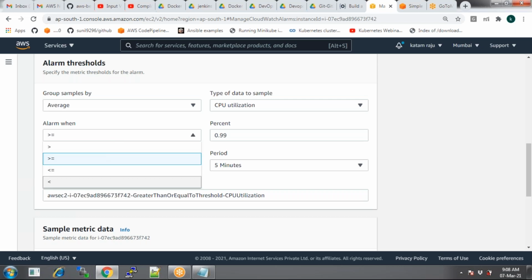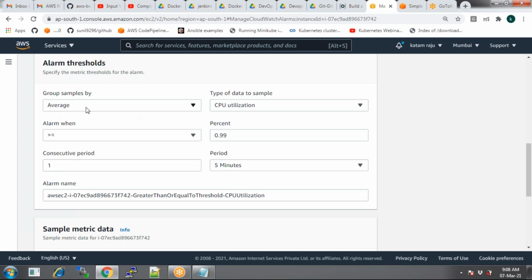We have conditions again, greater than, less than, all these conditions. If average CPU utilization is greater than or equal to 75%, and then 0.7, sorry. Only one CPU. So the consecutive time period is, let's say, 3, and then 5 minutes.